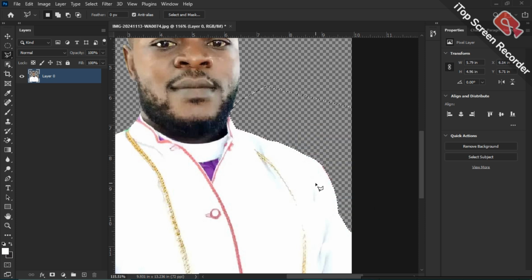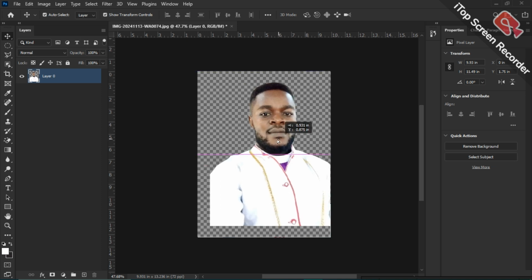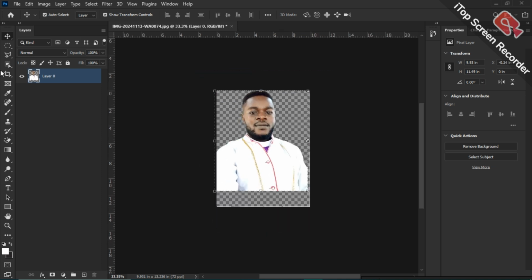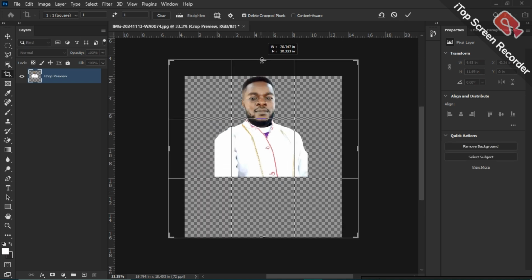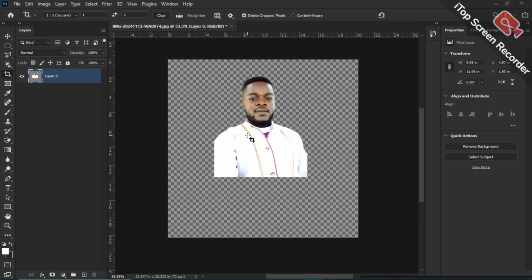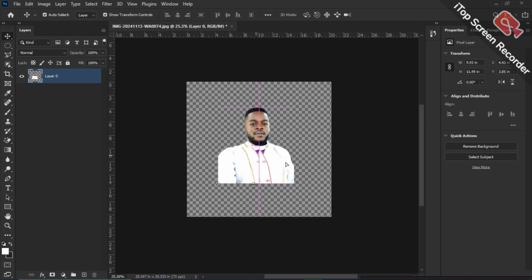Then hit on delete. So as you can see right now, we don't have a background with it anymore. The background has been taken off. You see, we only have the image left right now. Yes, so can you see it is only the image without a background? Yes. So this is how we use the